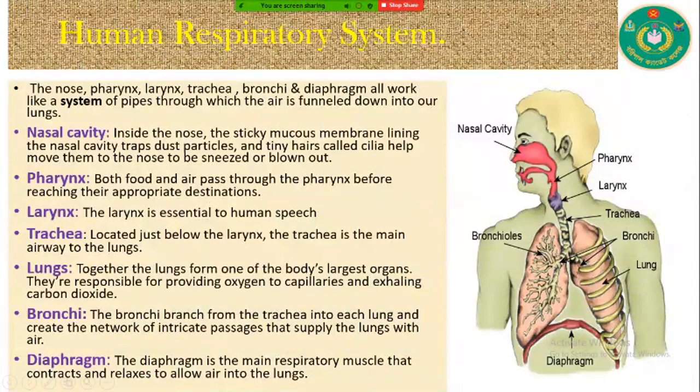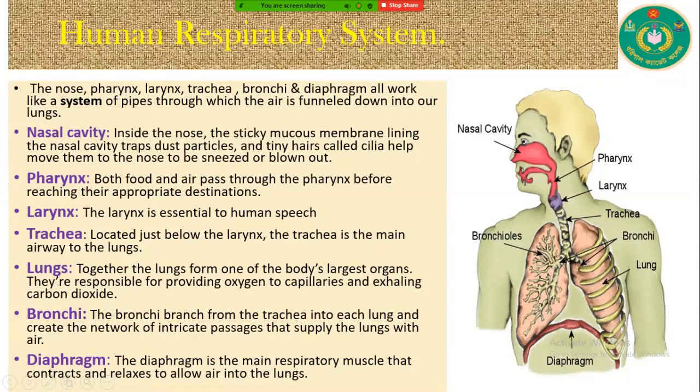Boys, we know the nose, pharynx, larynx, trachea, bronchi, diaphragm all work like a system of pipes through which the air is funneled down into our lungs. Boys, look at the picture. This is the human respiratory system. Boys, at first